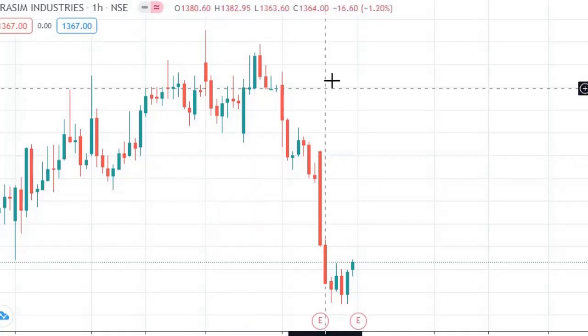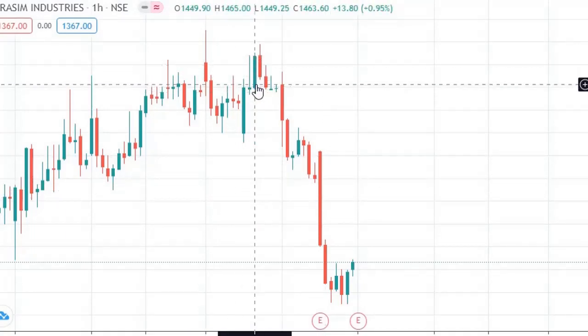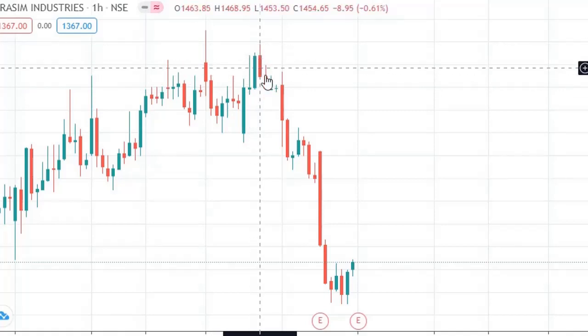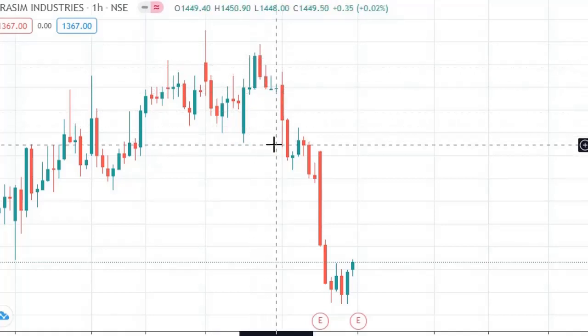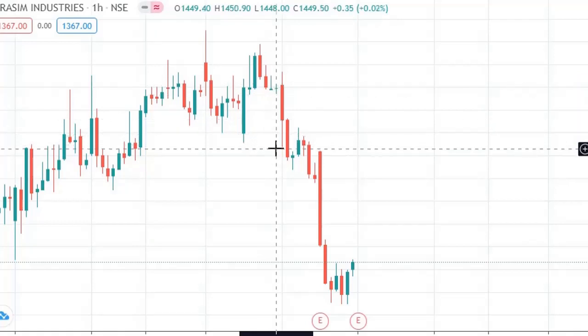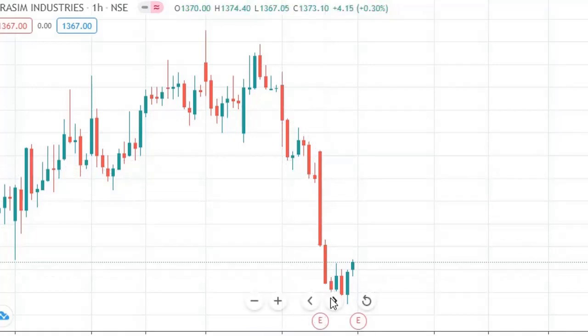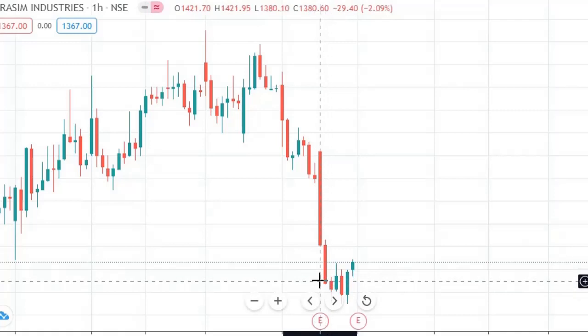Then again, now I'm going to see a last one maybe. This is the hourly chart. You can see this was a green candle, last high. From that it reversed. You can see high and low, went down, came down, then again came down and came down. Now this is the last red candle.